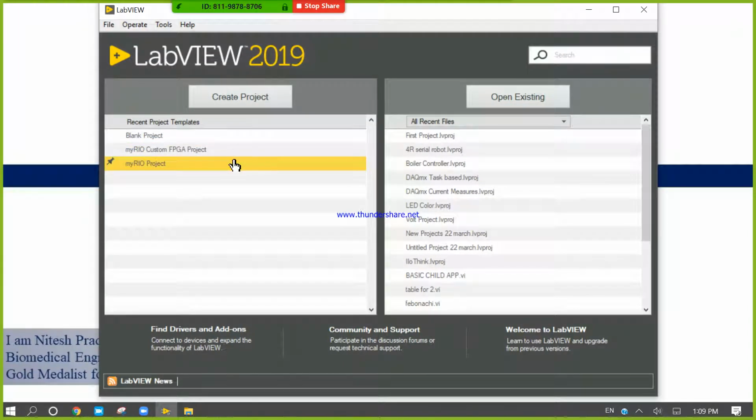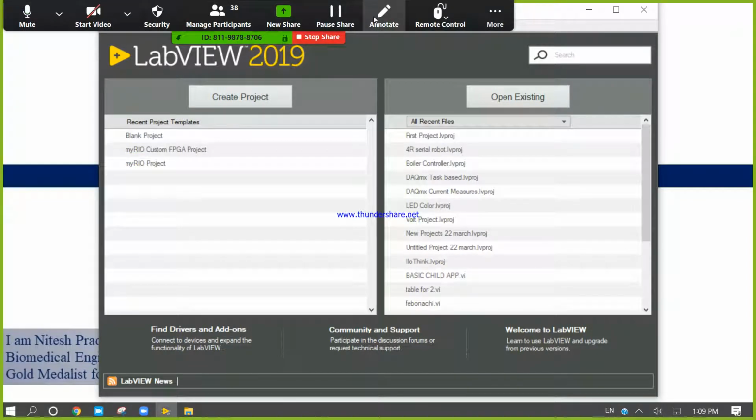So first, what is LabVIEW? LabVIEW is a graphical programming platform which is used to design sophisticated measurement, analysis, and control systems.